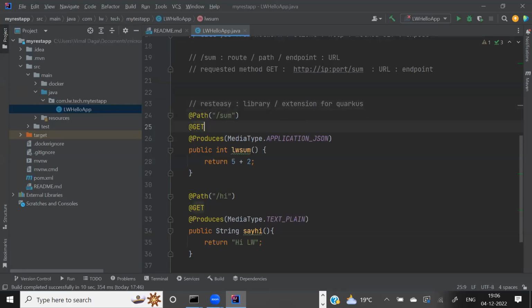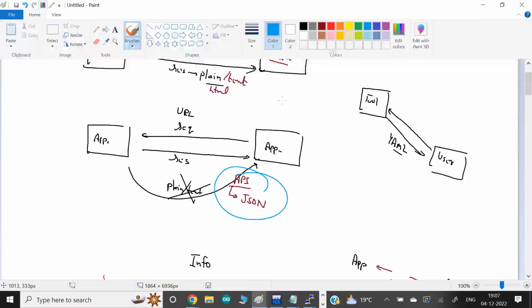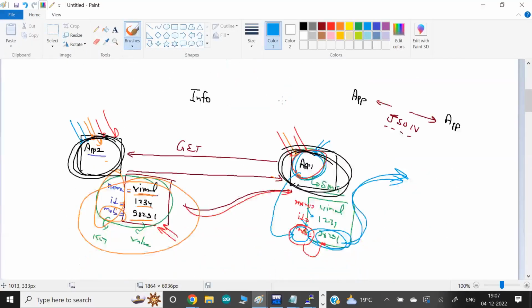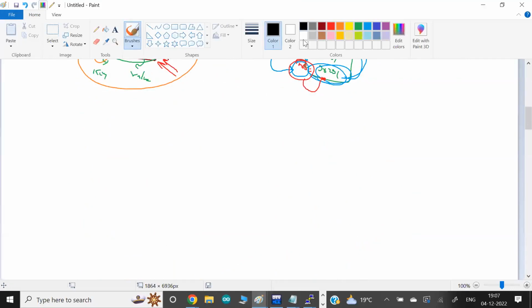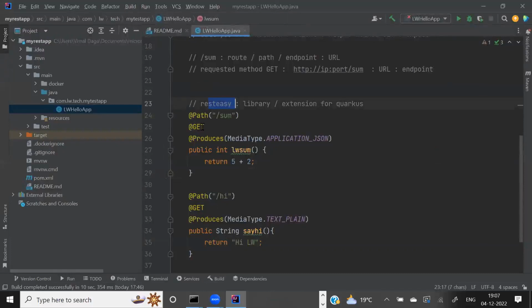Okay, how to install? So for this, what can we do? Guys, Quarkus is a platform, right? We installed Quarkus or the library with the help of Maven. Maven is the one who does the things for us. Maven is the one who goes to the internet and downloads the libraries known as extensions. So who installed this one for us that makes our things exposed? RESTEasy, Maven.